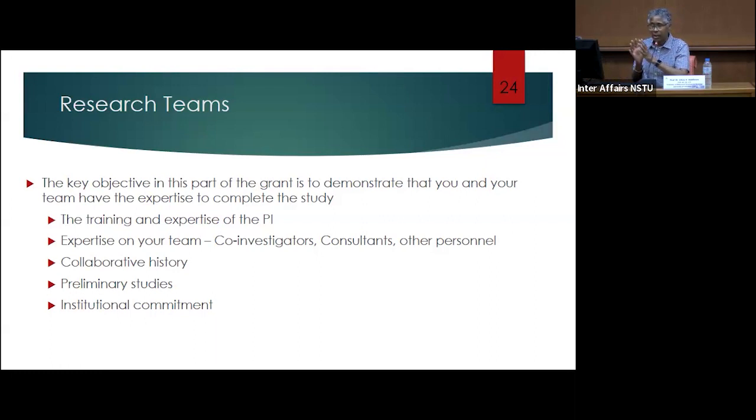Several things when they look at your team. They are looking at the training and expertise of the principal investigator. They are interested in the expertise of your co-investigators or consultants who are on the team. They want to see that for every aspect of your grant application, there is someone on your team, either yourself as the principal investigator or one of your team members, that has expertise in that area. So they'll look at the training of the principal investigator. They'll look at the expertise of the team, and then they will be interested in looking at